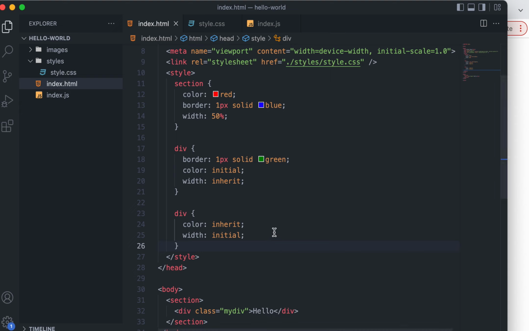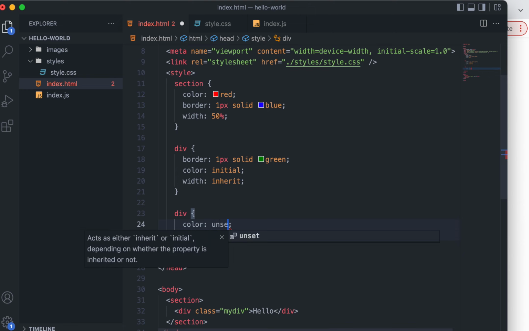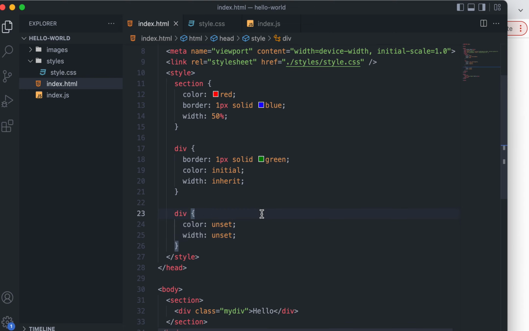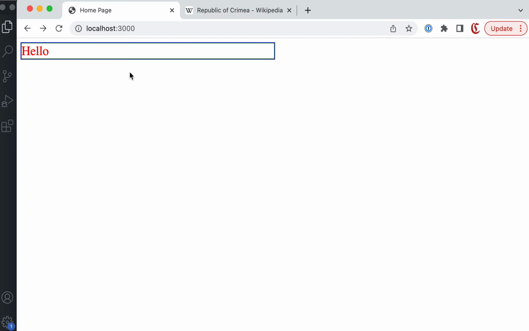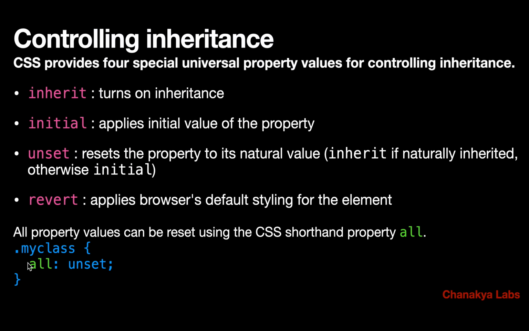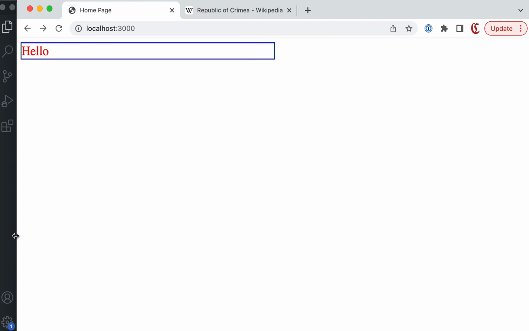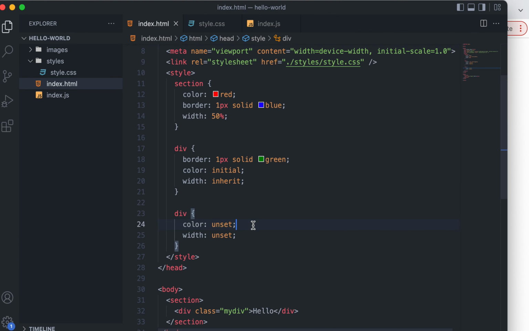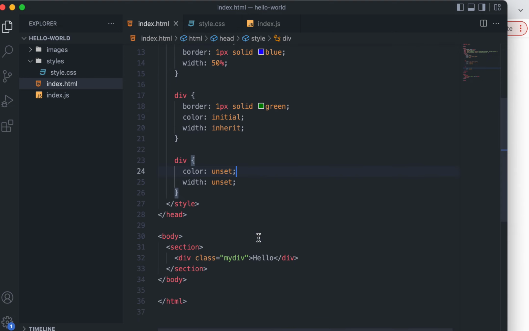Now we also saw that there's no need to do this. In fact, we could simply do something like this, unset, and then this will also work. We saw that this will also work. Okay. Now there is something called the all shorthand. So if you are confused, like let's say many properties are modified, and many things you are unsetting,